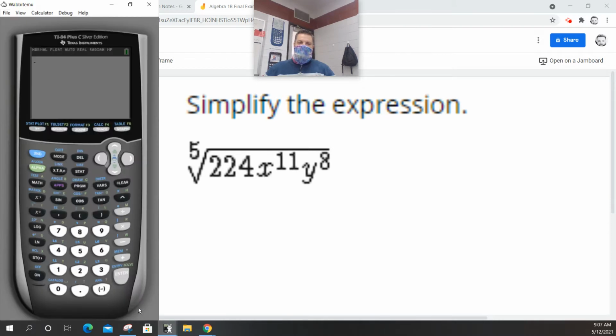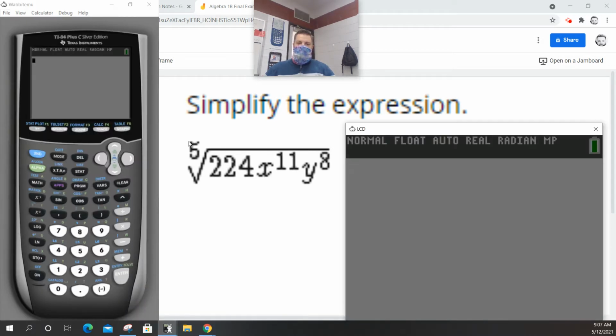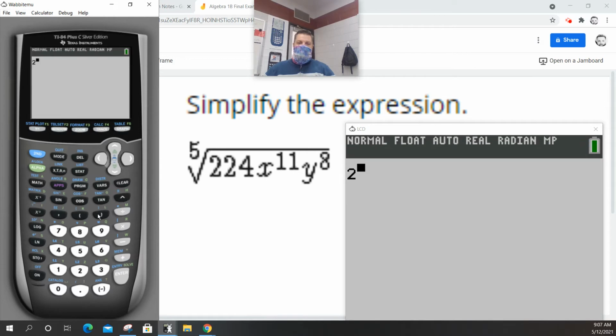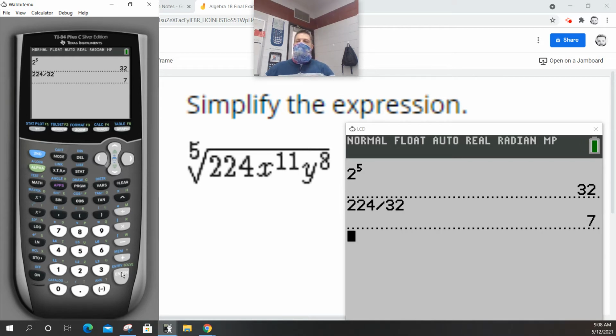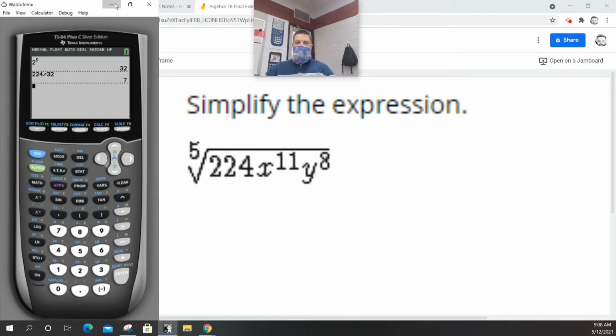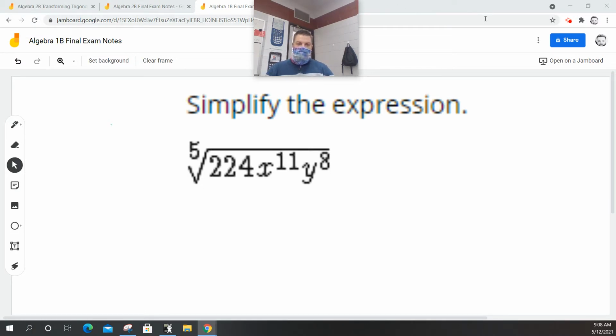So what you can do is I'm going to take my calculator, and I'm going to say 2 to the fifth power, and that's 32. Then I'm just going to see if 224 is divisible by 32. Yeah, 7 times. Okay, so then in my next line, what I'm going to do is I'm going to write down the fifth root of 32